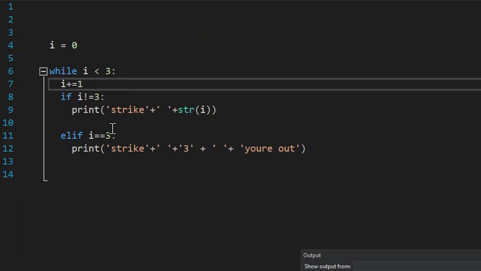But when it runs, it'll print "strike 1" because i is equal to 1. Then when it loops again, i is equal to 2, and then if i is equal to 3, it'll print "strike 3, you're out." Very simple. Now, lastly, the last thing I want to show you is